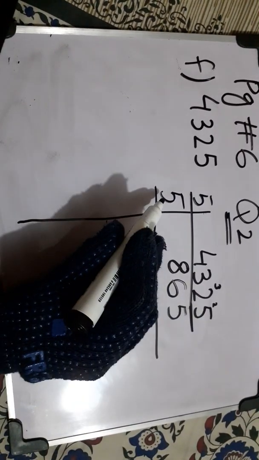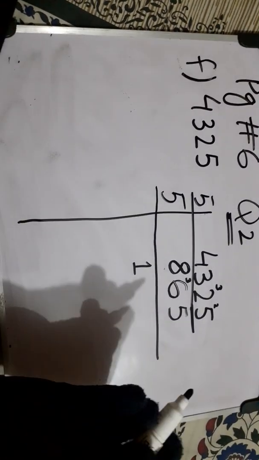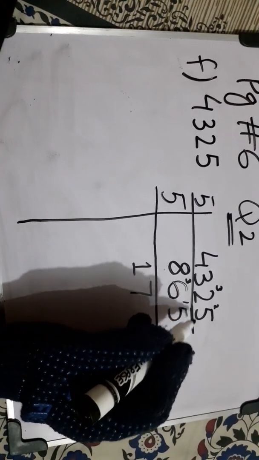Okay. 8 is bigger than 5, so we can take only 8 first. Does 8 come in the table of 5? No. Then what comes smaller than 8? 5. 5 1s are 5. From 8, 5 went, 3 left. 3 goes to 6. It becomes 36. 36 doesn't come in the table of 5. Smaller than 36 is 35. 5 7s are 35. From 36, 35 went, 1 left. 1 goes to 5. Now it becomes 15. 5 3s are 15. Now we have 173.